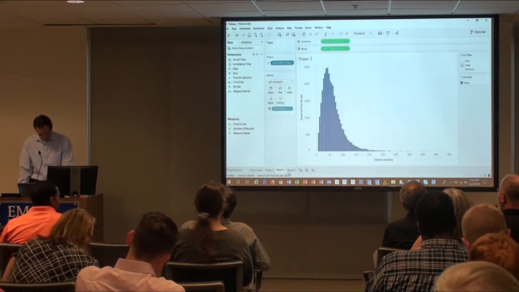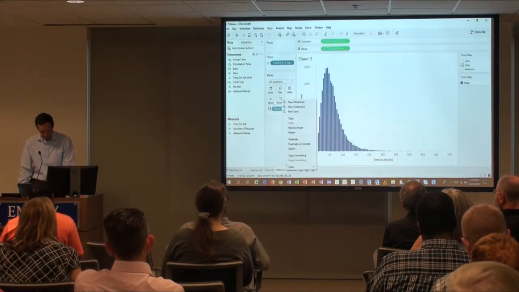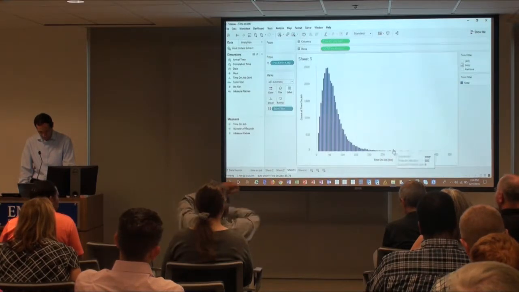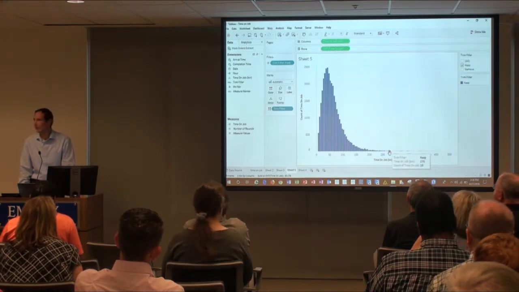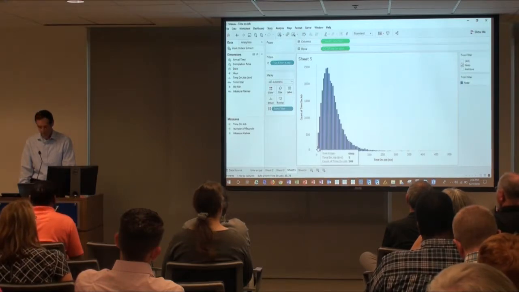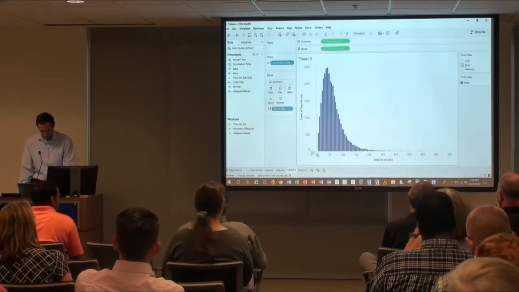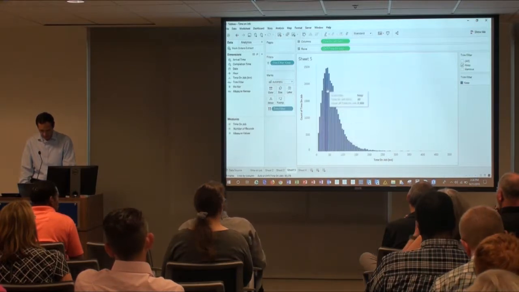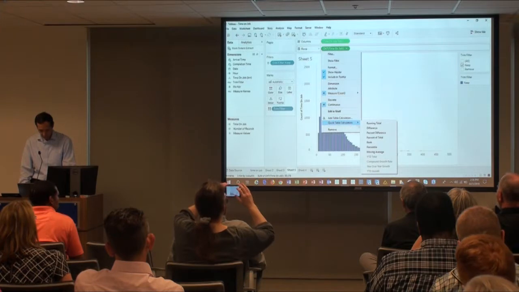So then we have one view, we've got the histogram. Next thing I'd like to do is look at the percentile. So I'm actually going to duplicate this. And the percentile curve is really like a running total, right? Where the histogram is a frequency chart, because the vertical axis here is the frequency count of the number of the time on job versus time on job. So I want to actually accumulate these frequencies over the times on job. So what I'm going to do is start a table calc. We can do a quick table calc, running total.